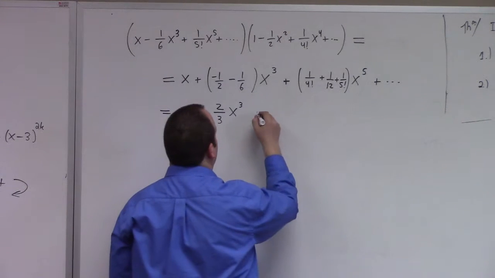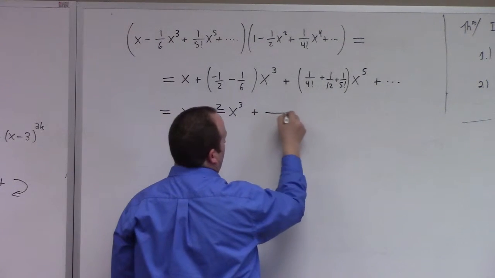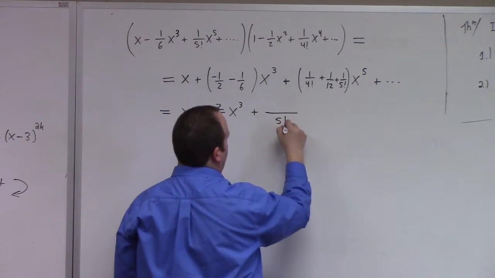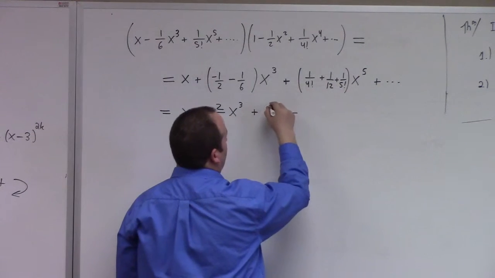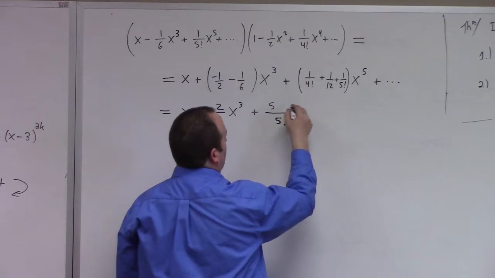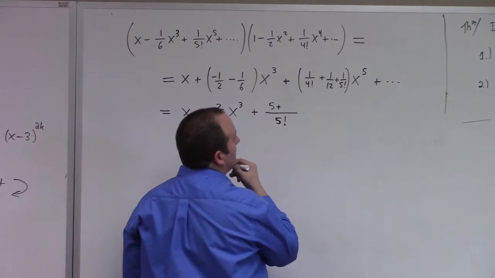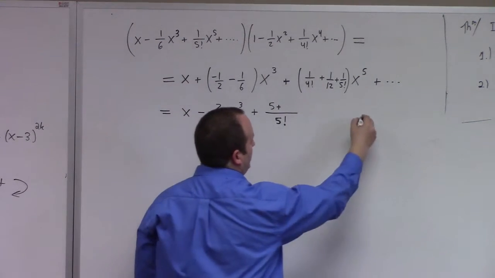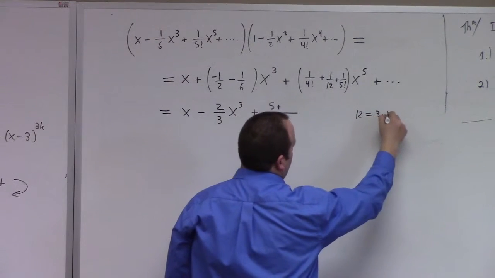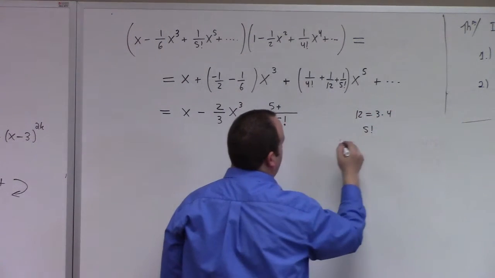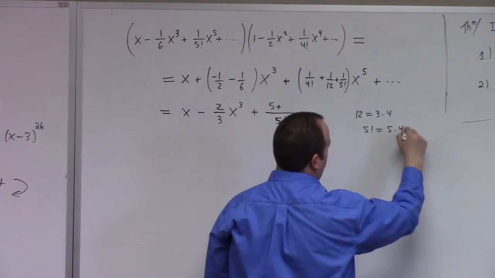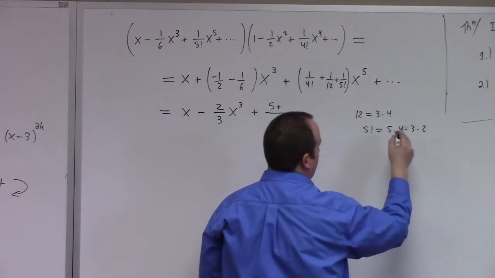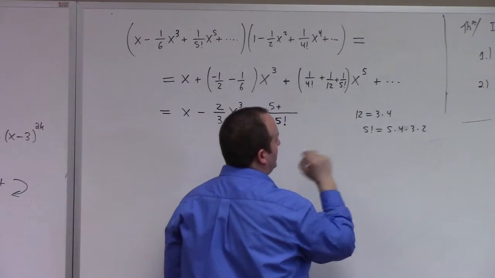Over here, let me go for something like this is 5 factorial. What do I have upstairs? That would give me a what? A 5 plus, let's see here, 12 is 3 times 4, so 5 factorial is what? 5 times 4 times 3 times 2. So basically the 1 over 12